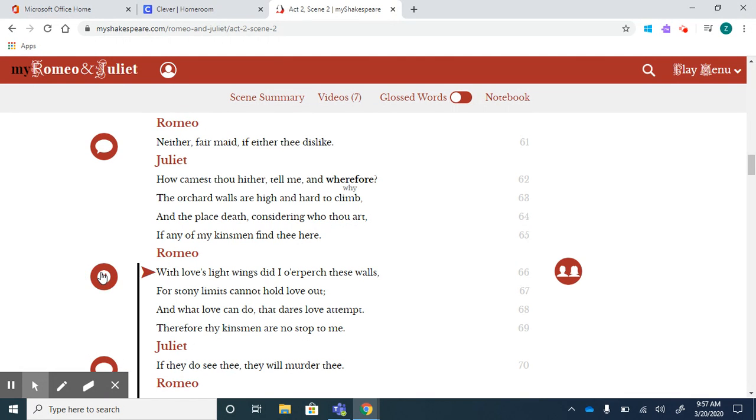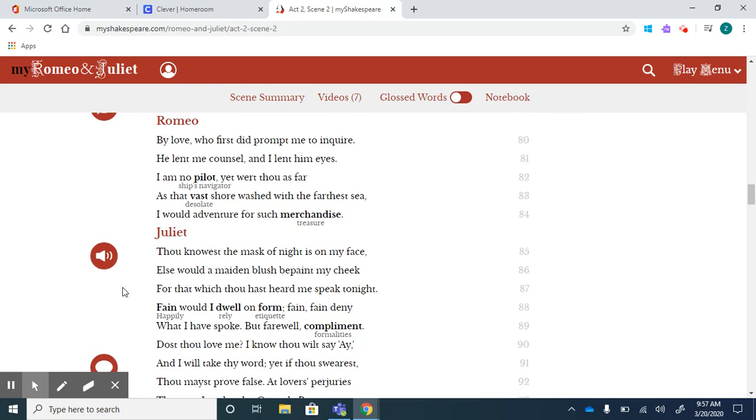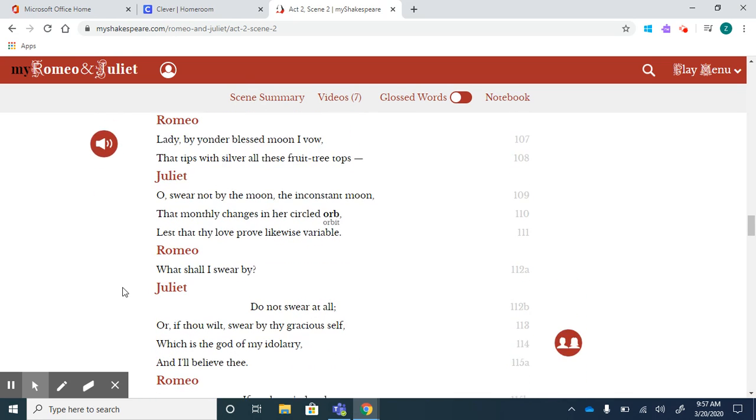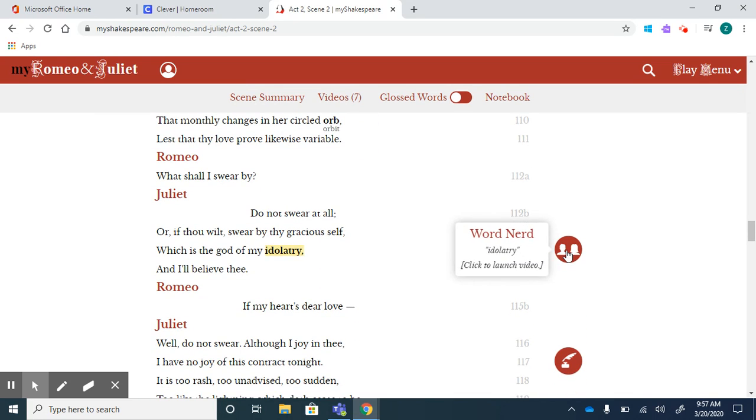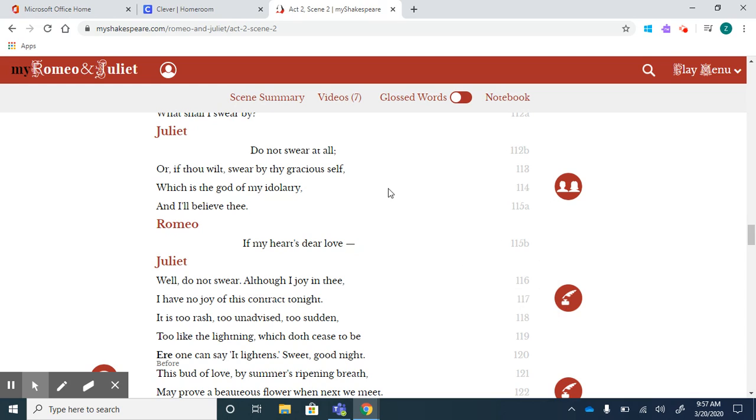Oh, there's also some audio recordings here. So it'll read it to you. That's very helpful as well, kind of like we were reading in class. So take advantage of that. Take advantage of all these different tools. It gives you some words, some vocab definitions here. Take advantage of this